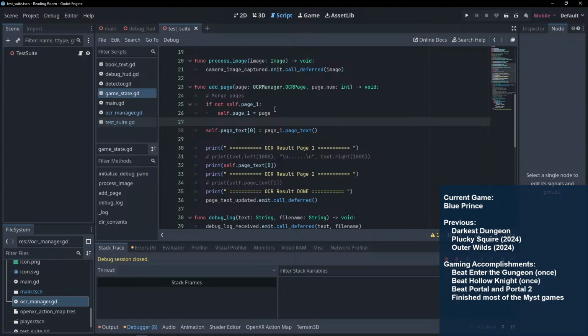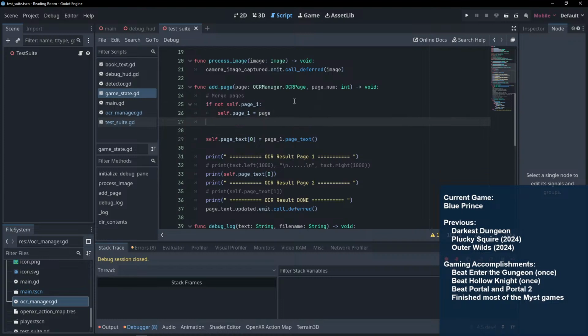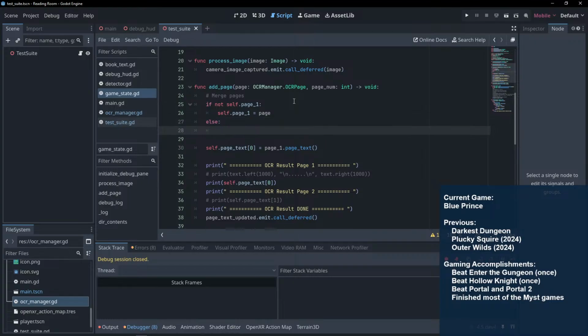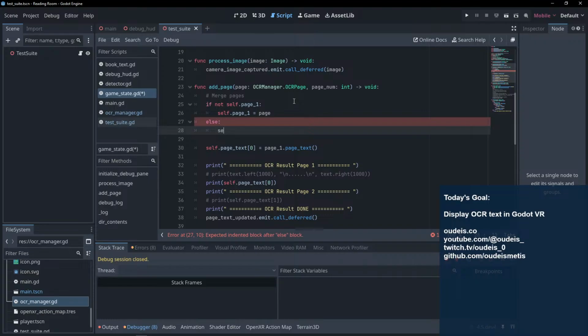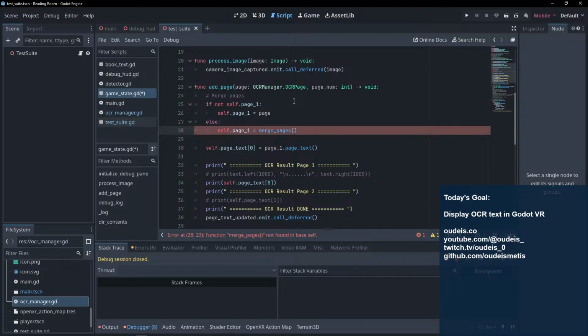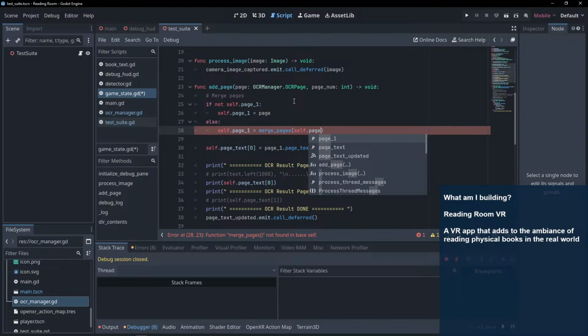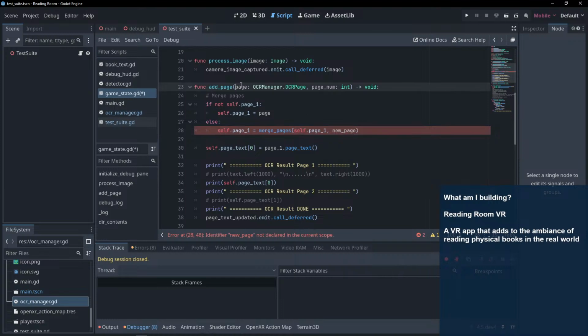Yeah, now we got to merge our pages. Else, and I'll call a simple function for this. So I'm going to do self.page1 equals merge pages, self.page1 and page. In fact, we will call it new page, since it's one that we haven't done anything with yet. We haven't accepted it into our